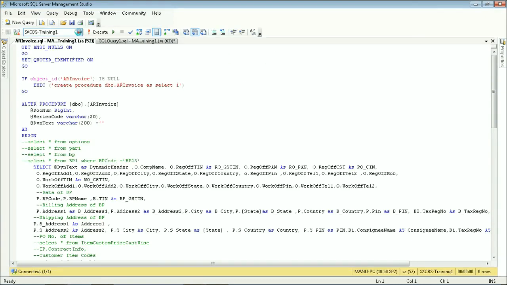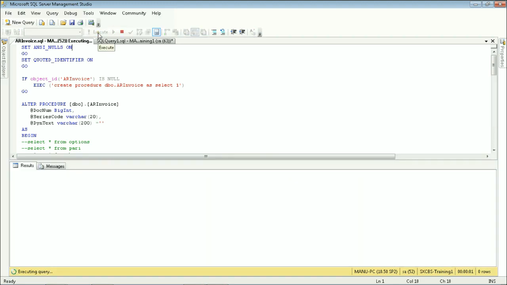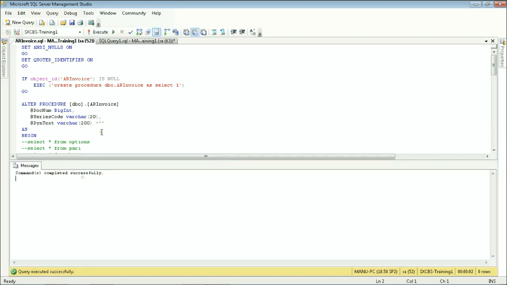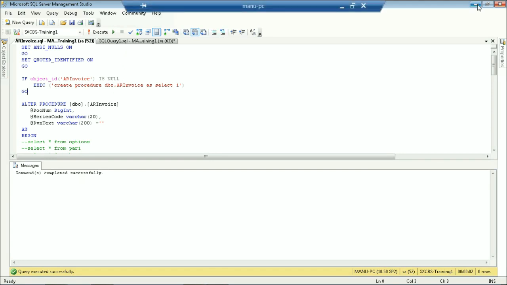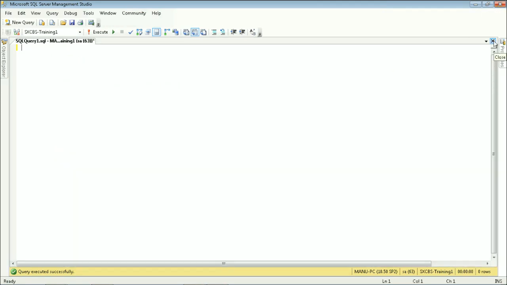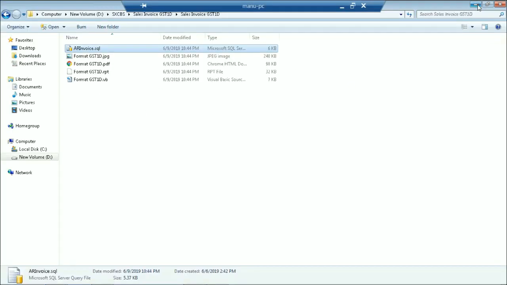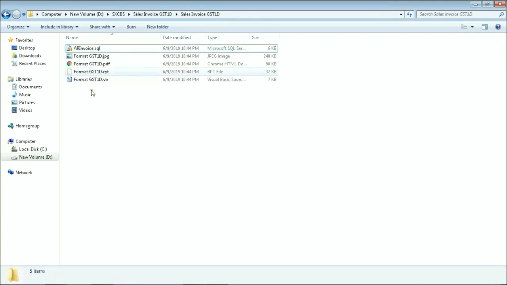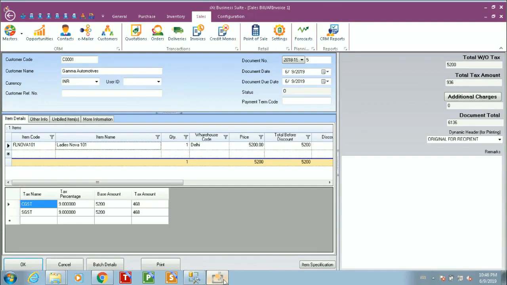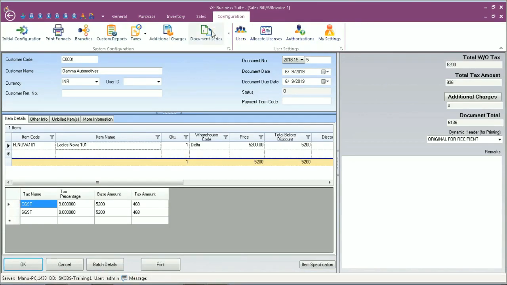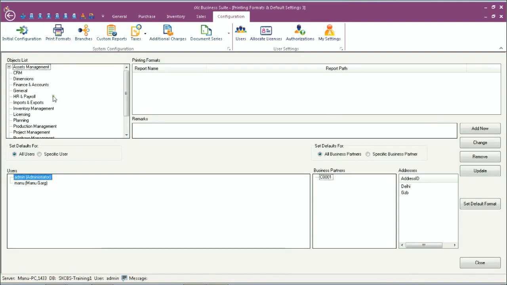So we have chosen this database, and all I have to do is execute. So it has updated my invoice procedure. So I'll close this. It didn't ask me for the username password because I already had this opened, but in your case you might have to log in to execute this. So the next step is I go back to the application, I go back to printing formats,